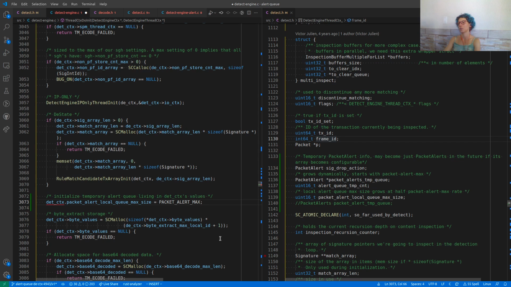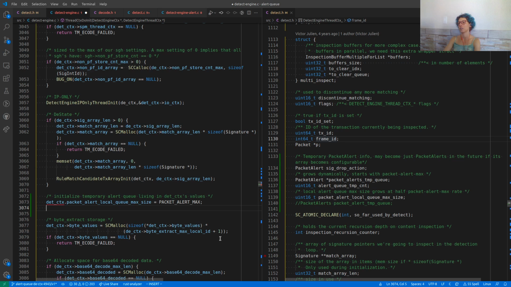I'm not sure this will work. What am I doing wrong? Oh, because this is a pointer, so everything has to be initialized like this, right? What's wrong now? Nothing. Okay.